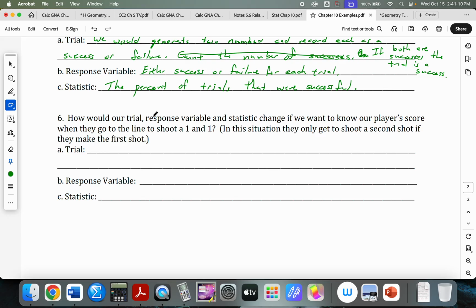Yeah. So for our trial, we'll have to look at if the first number and the second number are successes,